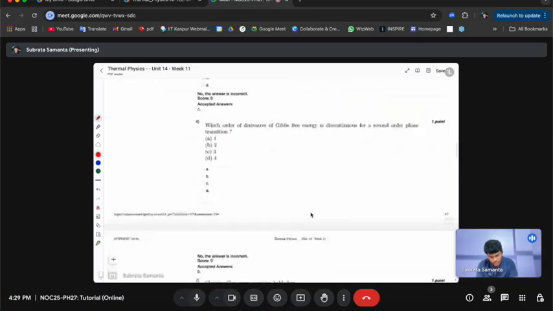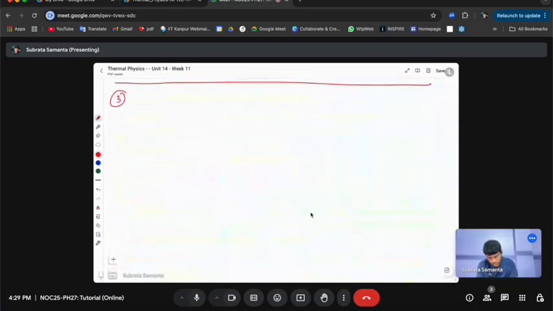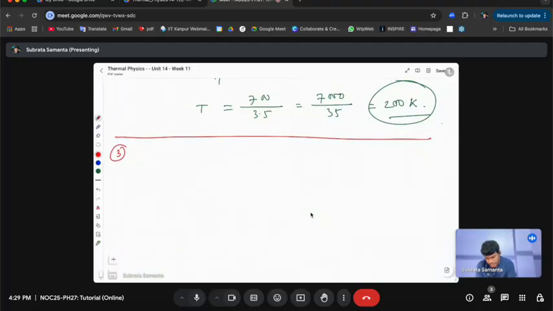Now the saturated vapor pressure at the triple point, T degrees centigrade, is given by